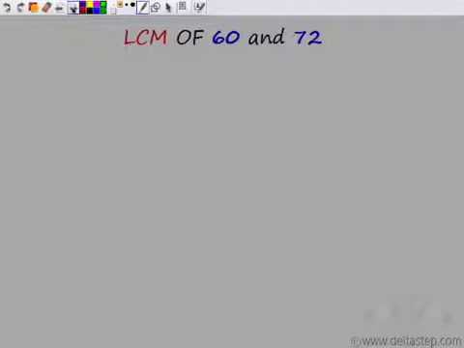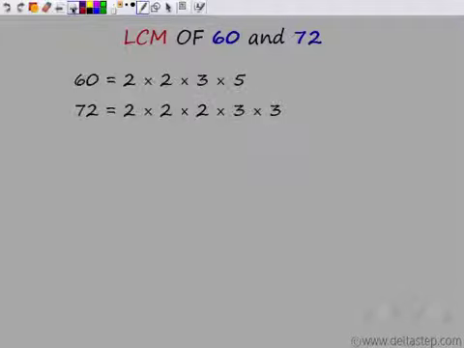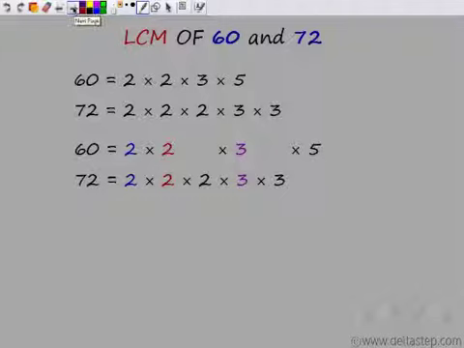Let's get back to HCF now. To find the highest common factor, we had seen that the easier way would be to prime factorize these two numbers. Similarly, for LCM you can apply that method. First, write the prime factorization of both these numbers. So prime factors of 60: 2 into 2 into 3 into 5. Similarly, you break down 72 also into its prime factors, that is 2 into 2 into 2 into 3 into 3. So I get prime factors of both. Now arrange them so that common ones come one below the other. So I have arranged them like that.